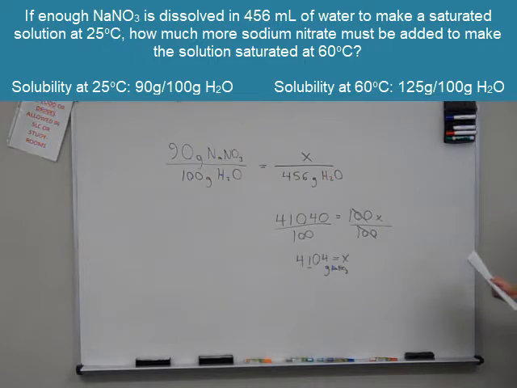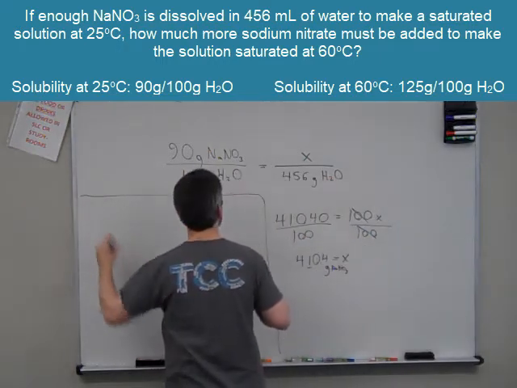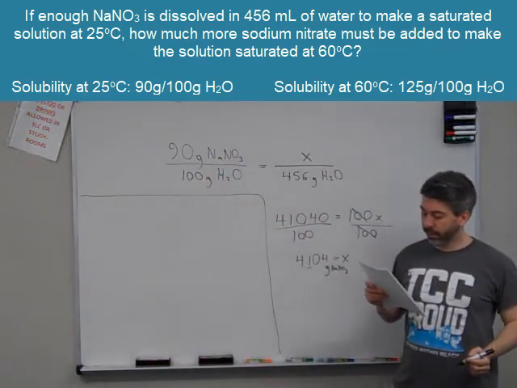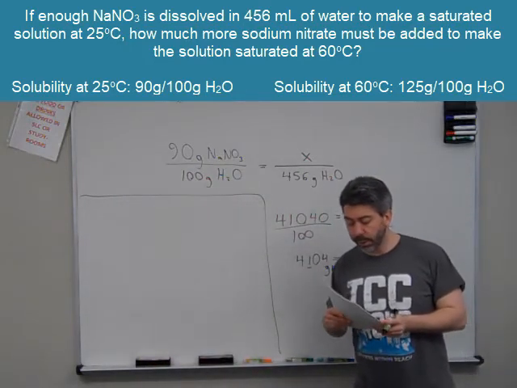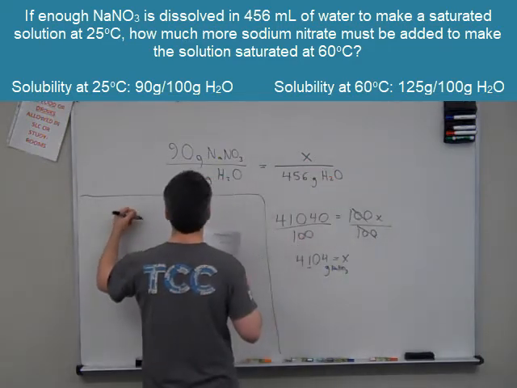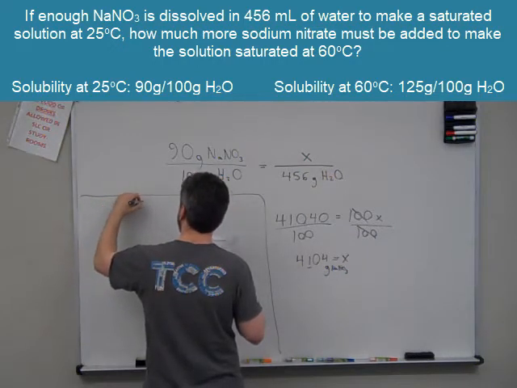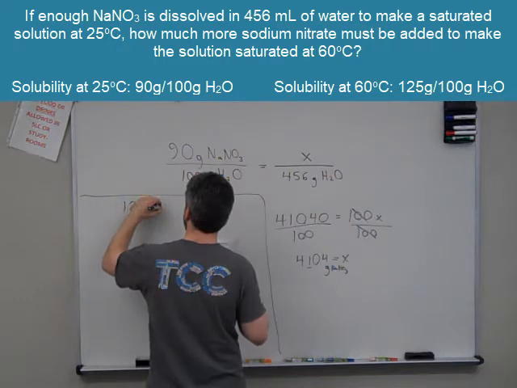Now we increase the temperature to 60 degrees. What we're going to do here is basically the same type of calculation or conversion, but we're going to use the solubility at 60 degrees to figure out how much would be needed to make it saturated there. And the solubility at 60 degrees is